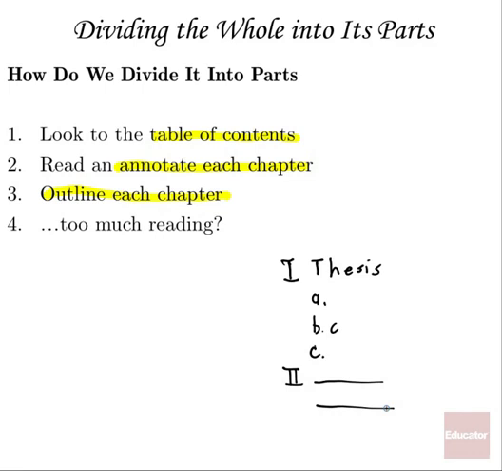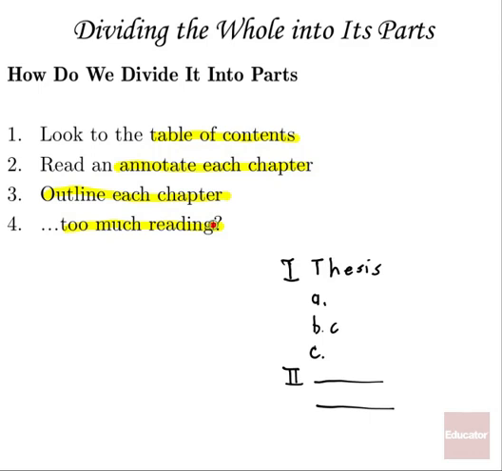You would probably outline that and type it out. Now, does that sound like too much reading and too much work? Well, I could definitely see how that would sound like a lot of work, and you've probably never read a book and outlined everything before. And that's okay, because once you've done it a few times, it becomes something habitual and something that you can